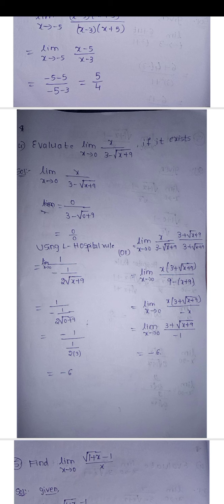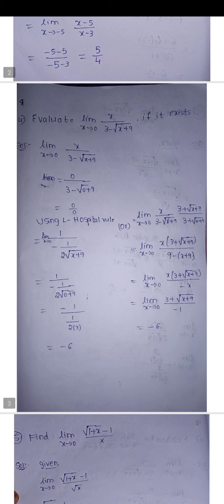it is in the form (a minus b) into (a plus b). What is the formula? a square minus b square. So here a means 3, so 3 whole square means 9, minus here b means root of x plus 9 whole square, so root and square get cancelled, and we will get x plus 9. So in the denominator, plus 9 minus 9 get cancelled, and we got minus 6. After this we applied the limits. By applying limits we will get minus 6.